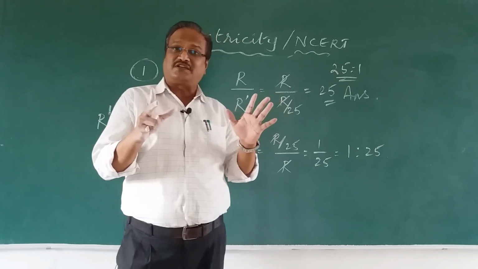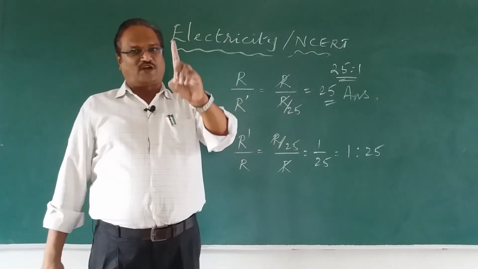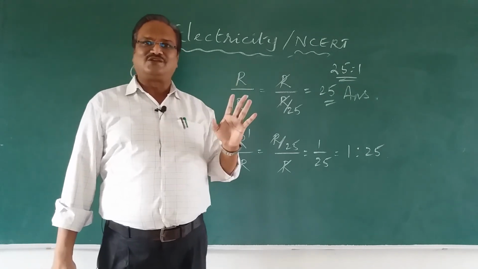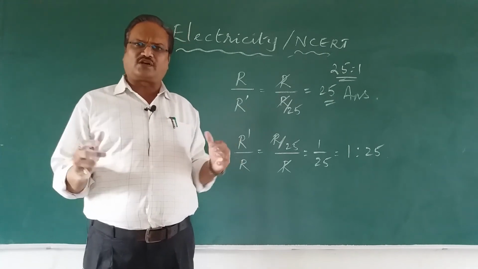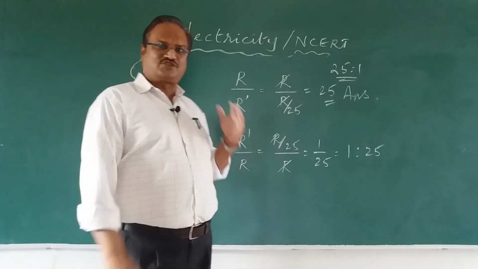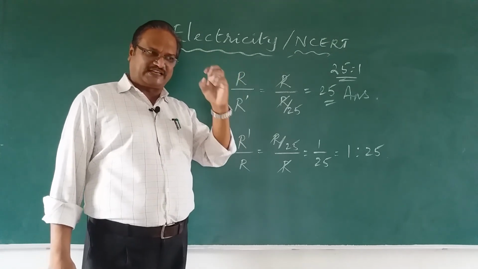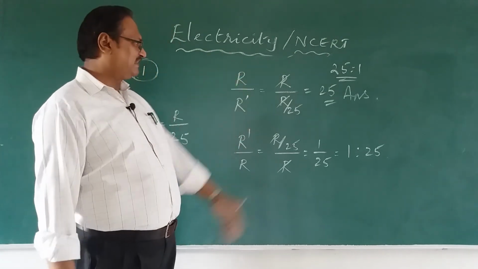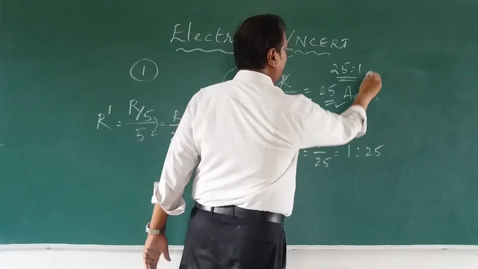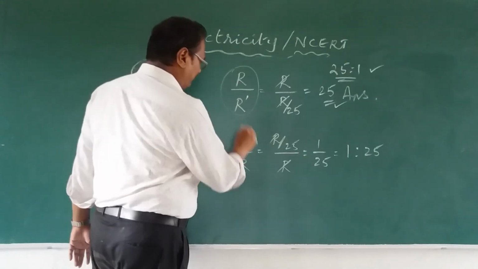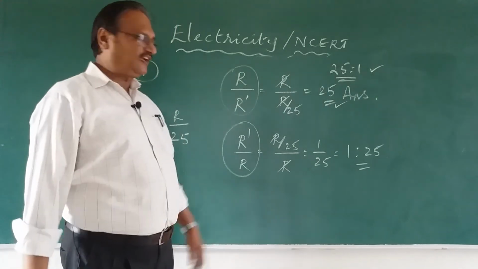But in examination, the danger with MCQ is, if you are wrong, you lose that 1 mark in toto. Right? So we cannot afford to make a mistake. If you want to score highest grade mark, the only thing is we have to be very calculative, we have to think a little analytically and then write the answer. R upon R dash in the book which is asked is 25 or 25:1, but the same thing reversed will become 1:25 or 1 upon 25.